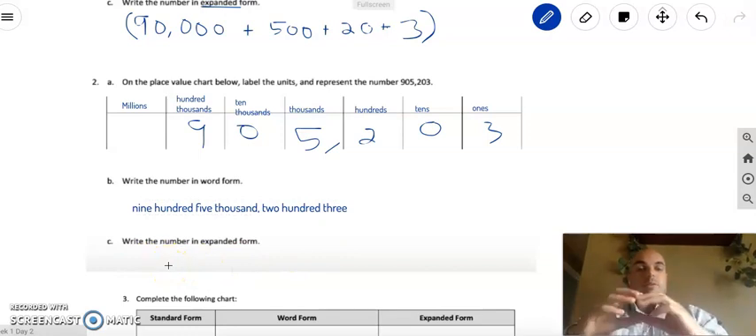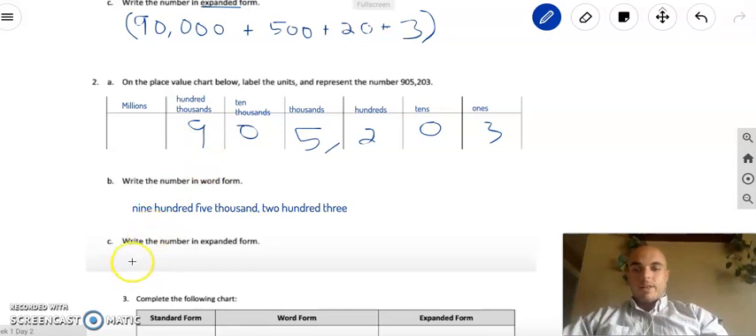Again, we're just going to take those values and draw them out. We're going to expand them. So I have 900,000, like so. My addition sign. I have 5,000. Again, notice I didn't put anything in for that 10,000s because there's nothing there. It's a 0. 5,000 plus